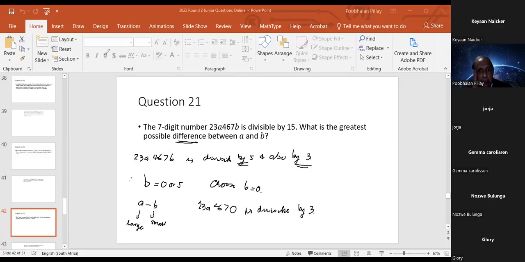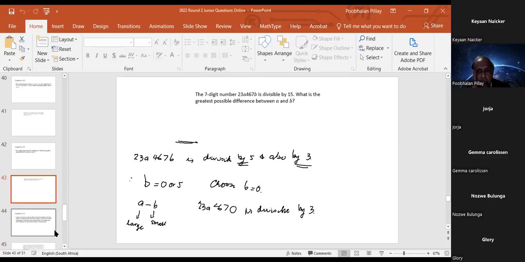All right. Okay, so it's divisible by 3, and I'm going to go to the top here. So it means now